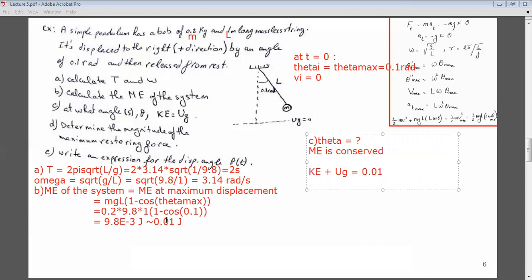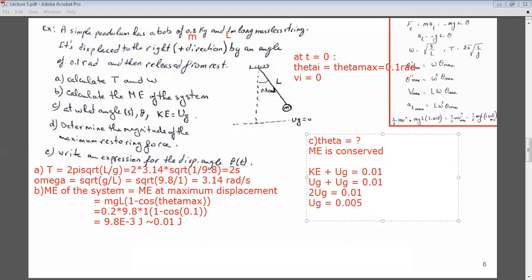But now what is the kinetic energy? They are telling me that the kinetic energy is equal to the potential energy. So I will say potential energy plus potential energy is equal 0.01, or 2 potential energy is equal 0.01. By the way, potential energy, sometimes they call it GPE, sometimes they call it PE. Now they're calling it UG. So you just stick to whatever notation it's given. So UG is equal to 0.01 divided by 2,